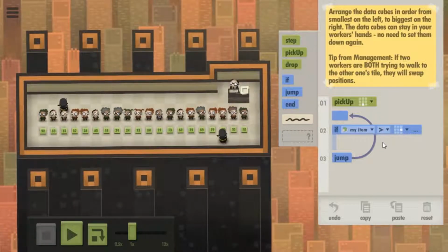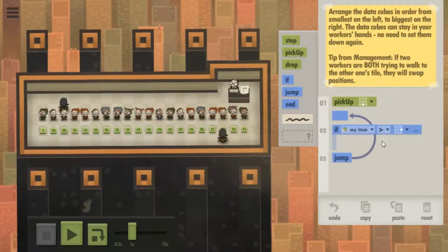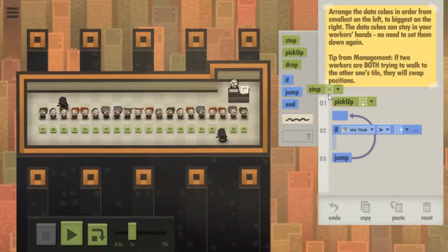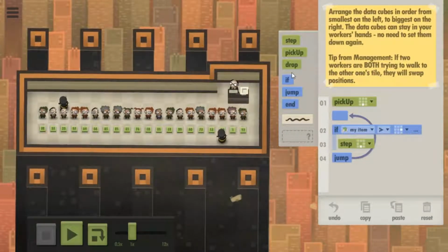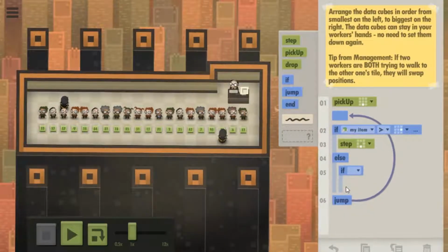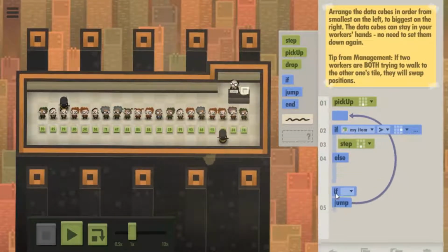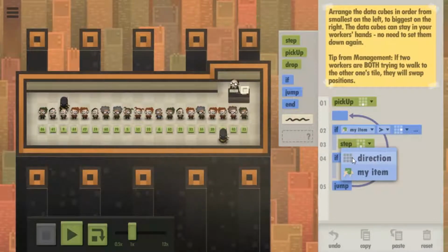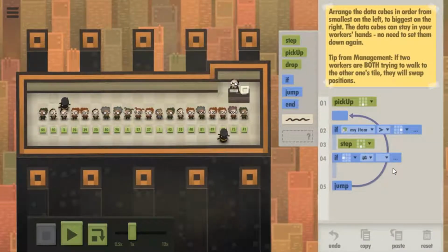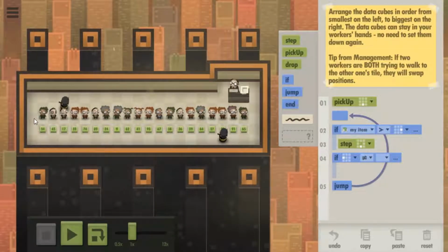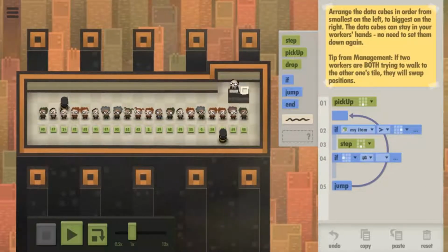So what can this something be? Here's one thing I could do. I can make them step down, and then I can do the check. If there's nobody to your left, except that there's the one space on either side, but that might not matter.